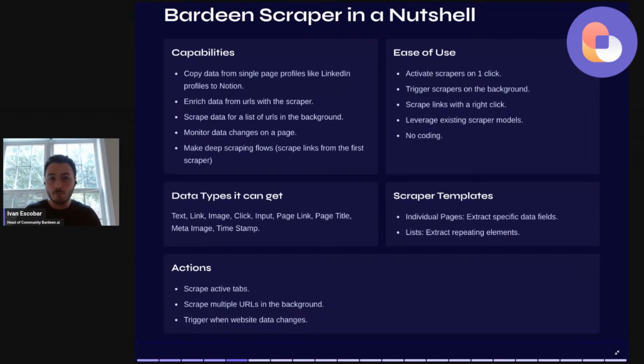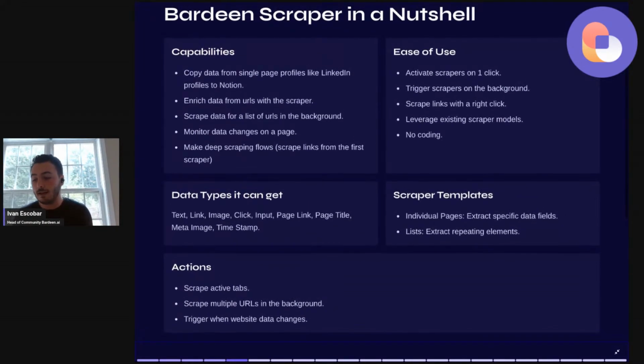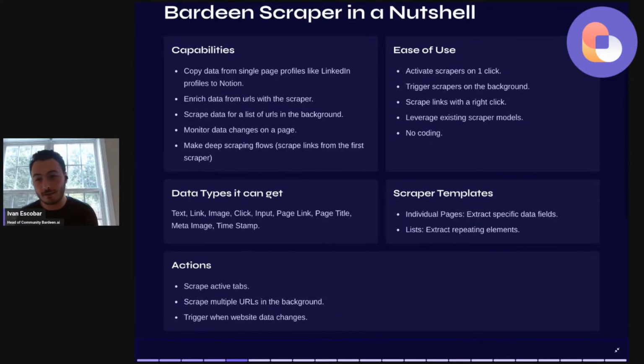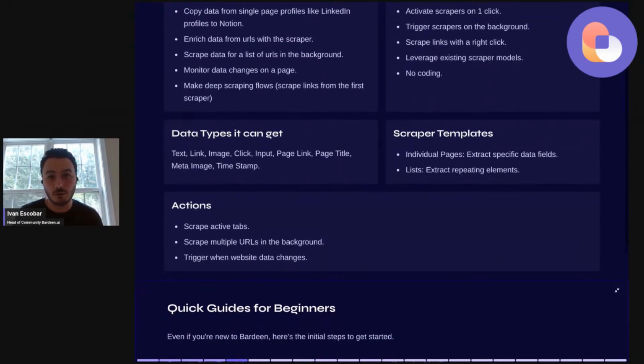And you can also make even more complex things like making deep scraping flows. By this, I mean that if you scrape a list of URLs and then you want to get into each URL and get data from each profile from that list, for instance, if you're scraping a LinkedIn search and you get into each profile and scrape data from each profile, that is a deep scraper. So all of these are concepts that you will learn with the Bardeen regular learning curve. We have scraper tutorials for this, and we also have a YouTube channel that will walk you through some of